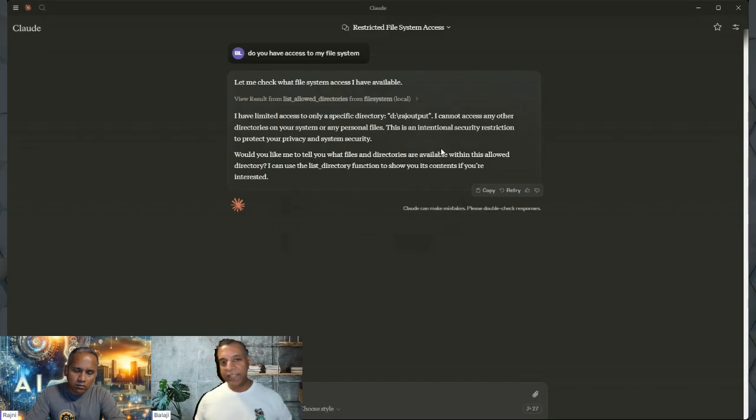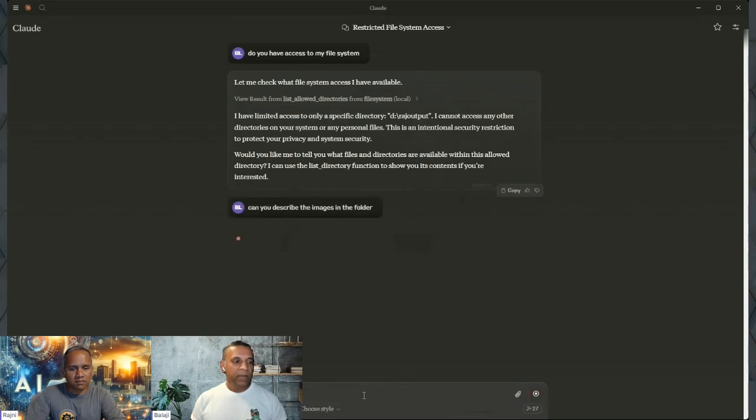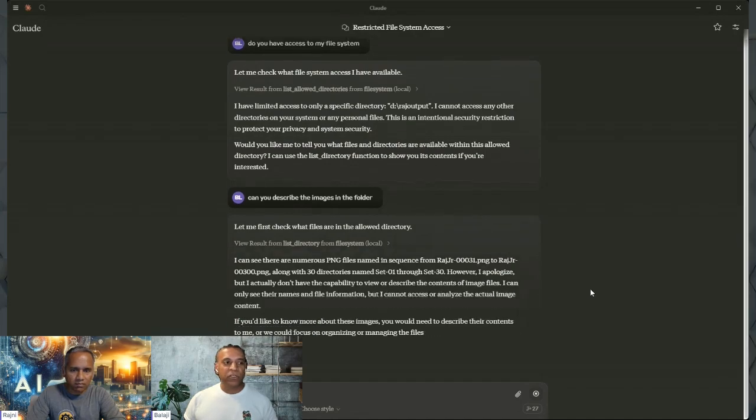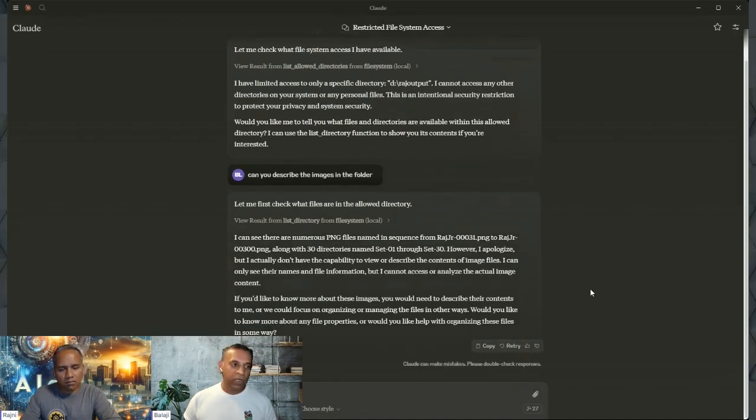I got excited, said, hey, maybe it knows how to read the image, but it's not as simple as that. Let's say, can you describe the images in the folder? This shows how restrictive this particular functionality is, based on the tool. This is just plain file system function. So it knows it's a PNG file. It knows what the attributes are, how big they are, just like when you do a DIR or an LS, based on whatever operating system, it can tell you, but it has no access to the actual file itself. It didn't get access to see what the image is.